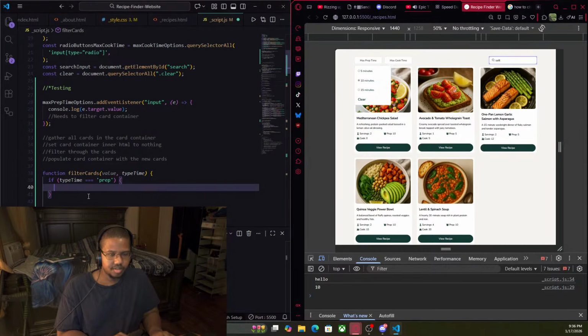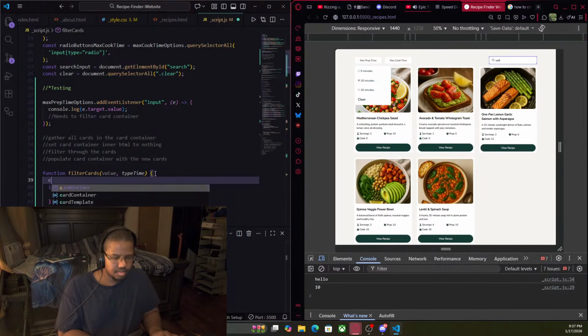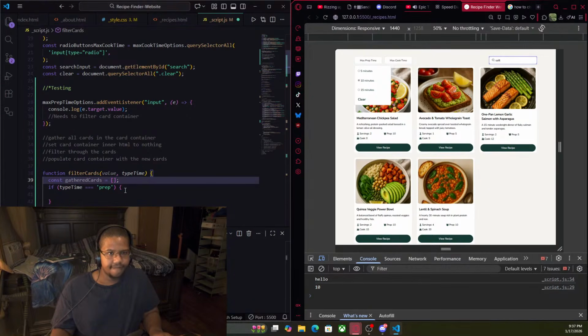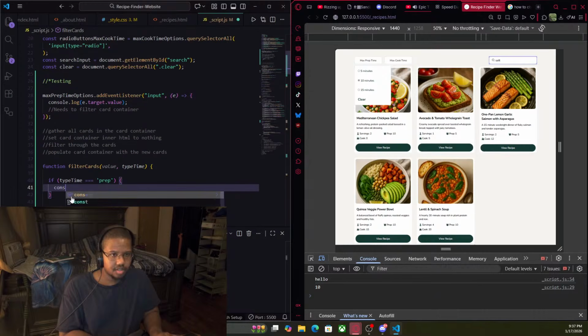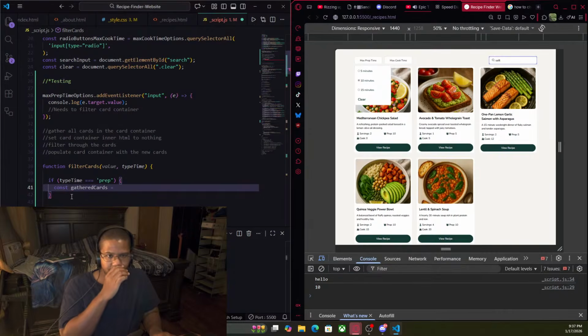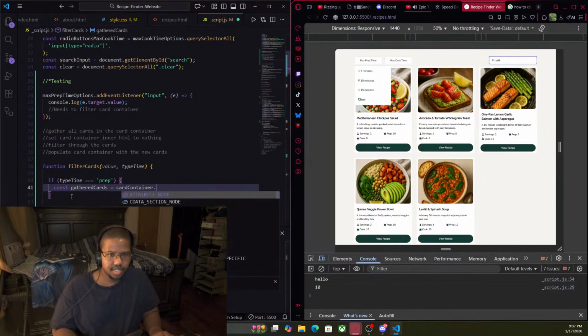I need to figure out a way to gather, let me see. I could just take the inner HTML. I can get the inner HTML of each element, right? So what would I do? Card container. I'll say gather all cards in the card container. Const gathered cards equal, card container dot, is there a